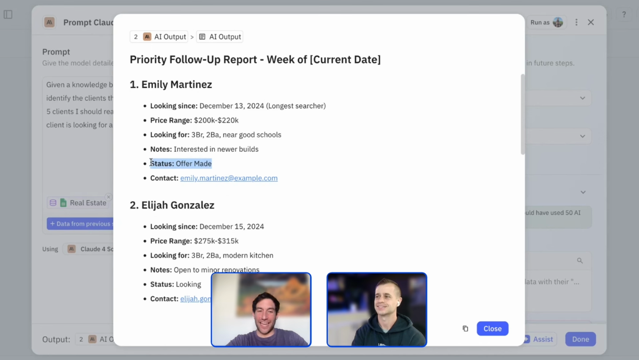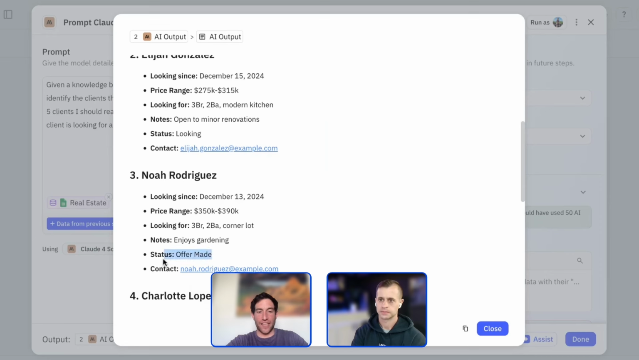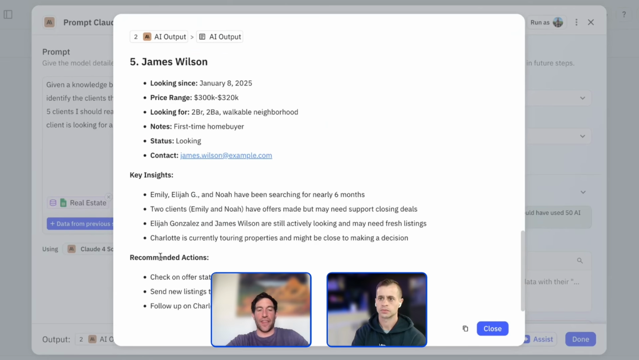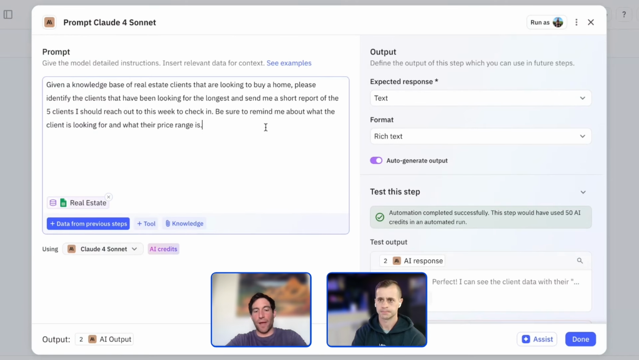Status: offer made. So you can see that it did a good job of referencing the looking since field, but it did a bad job of referencing the status field. Many of these have already made an offer and therefore aren't really relevant for this analysis. So let's go back to the prompt and say, do not include any clients whose status is